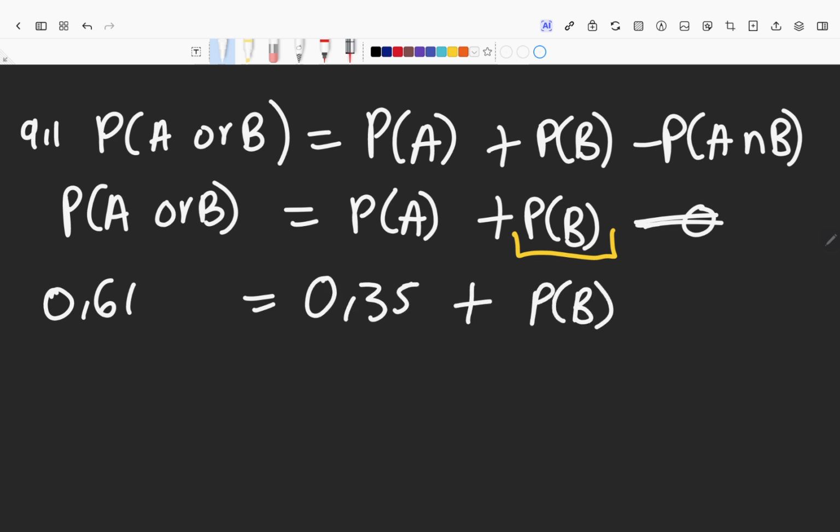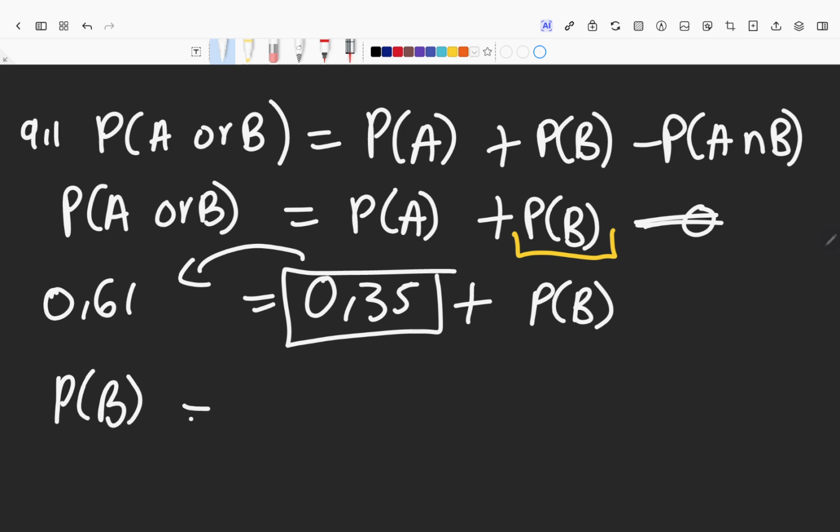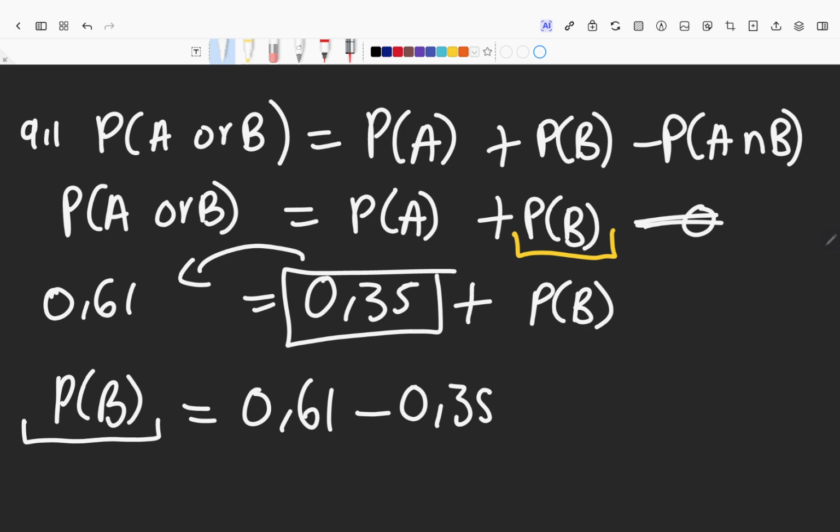It's more like you're solving for X. We don't want 0.35 on this side, so it's going to jump to the other side of the equal sign, and when it jumps, it changes its sign. So the probability of B will be equal to 0.61 minus 0.35. I love writing the one that I'm looking for on the left hand side, so I just swapped the places, so the answer will be equal to